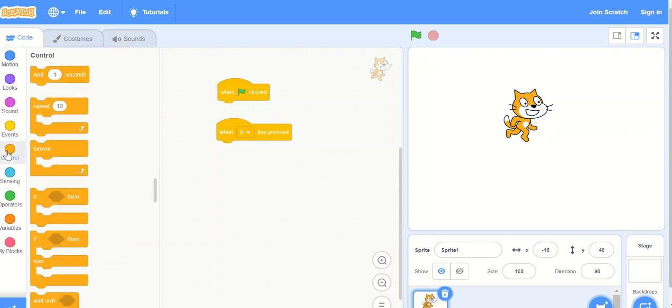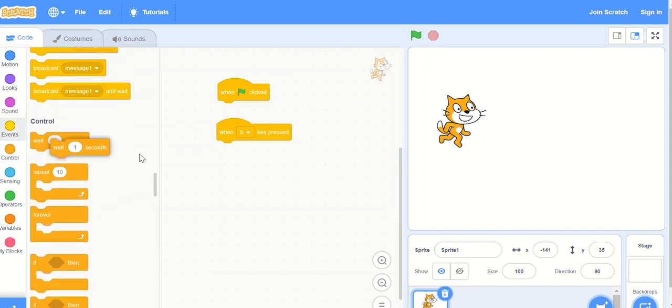Next is the control block. Control means if we want to control the execution or the actions of the sprite. For example, it is moving for a few steps and then we want it to wait, and after some time start walking again. For that we use the wait instruction here, where we tell the sprite how many seconds it has to wait.